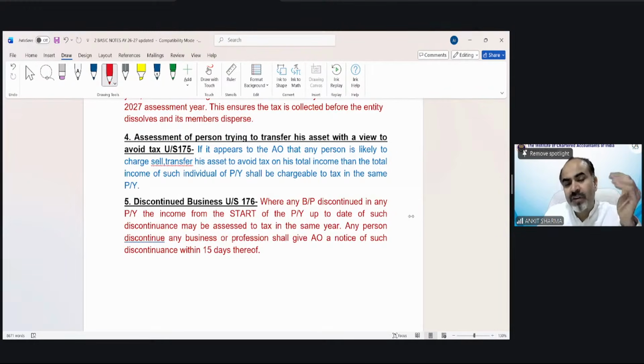If we transfer our land, building, etc., and not even we are purchasing any new building, not even on rent, then there could be an intention, there could be a mala-fide intention. But again, this is on the basis of fact and circumstances. Income tax department will see whether avoidance of tax is involved or not.